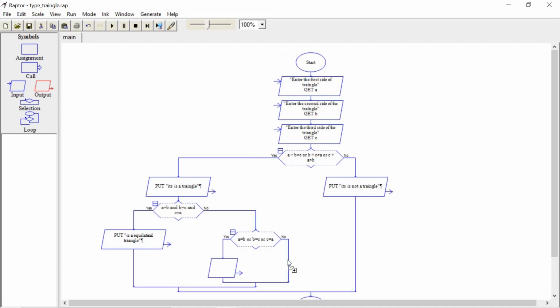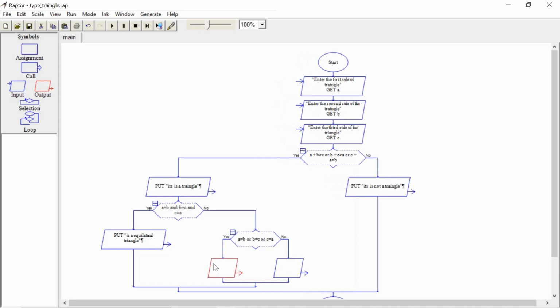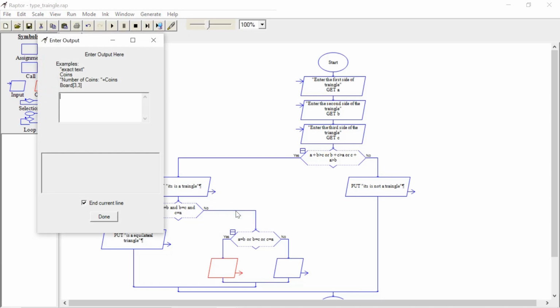If no, it is also a triangle, so drag and drop both, right click on edit. It is an isosceles triangle. If any two sides are equal, then it's an isosceles triangle.